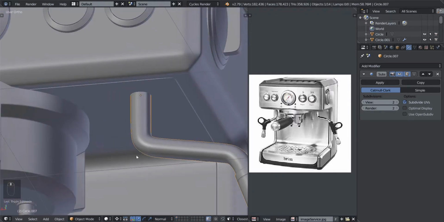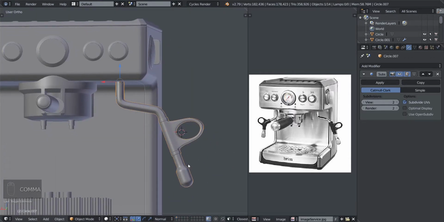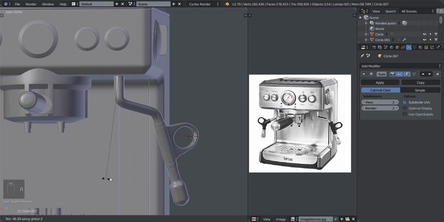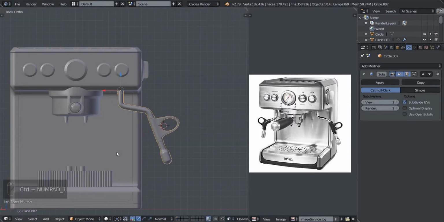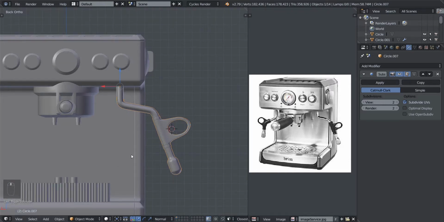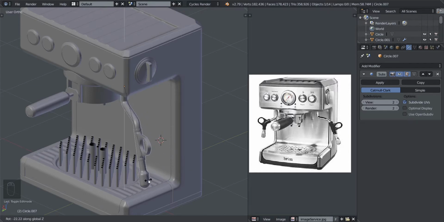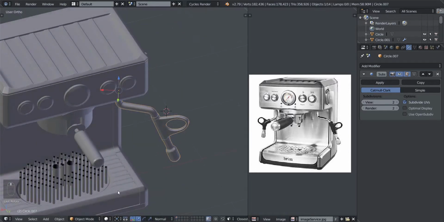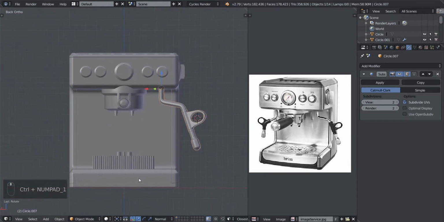Now you can see the origin is still at the center of the very first circle we added. This is very important because we're going to use that to rotate it on its axis to get that angle. These ones are rotated like that. So let's do that right now. So with this one, I think this is rotated slightly to the right like this. So we're going to press R, and we're going to press Z, and rotate this out a little bit like that. Right? So we're going to go to the front view again, press Shift and then D,